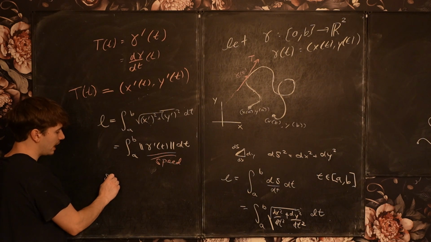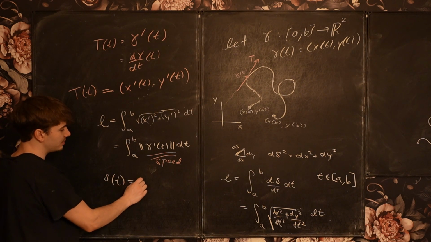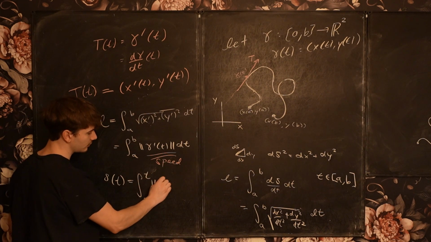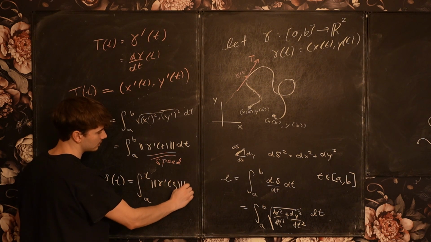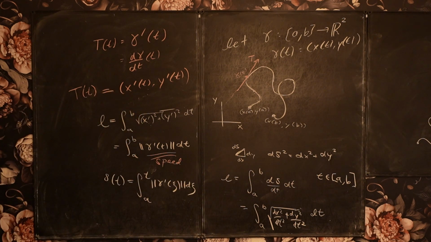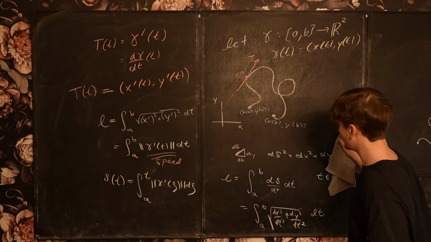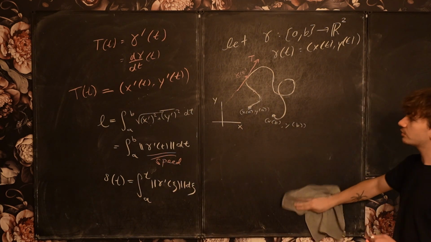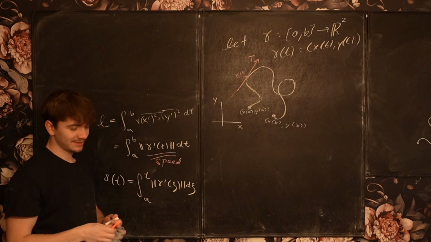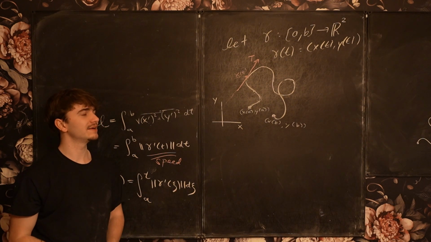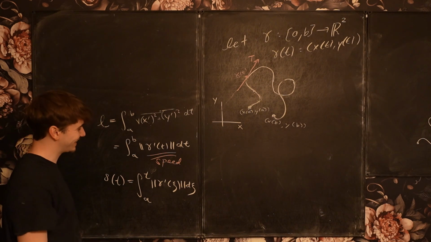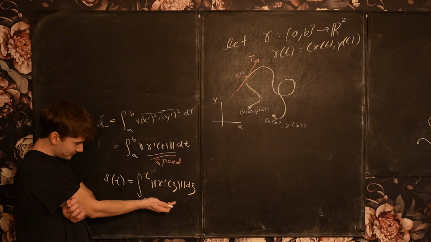s, okay, s of t, which is going to be the cumulative arc length from a to t. So the integral from a to t of the norm of gamma prime of c dc. Okay, so where am I going with this? I don't want to erase my picture, because I like to hold on to my geometric insight even when it becomes a burden to my efficiency. Okay, so anyways,